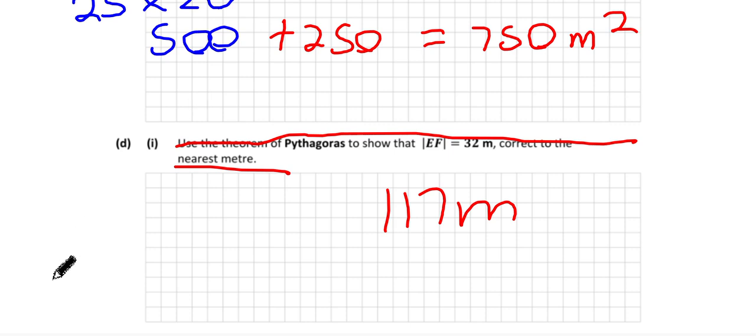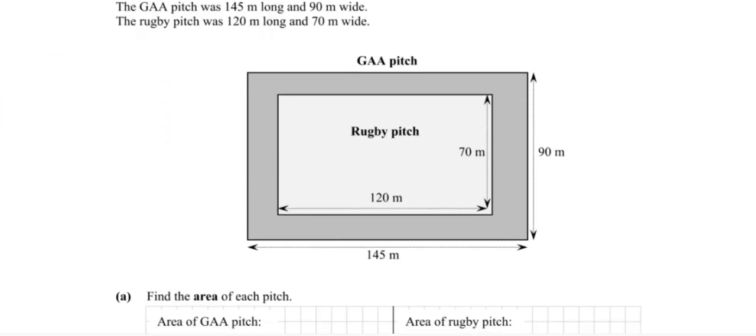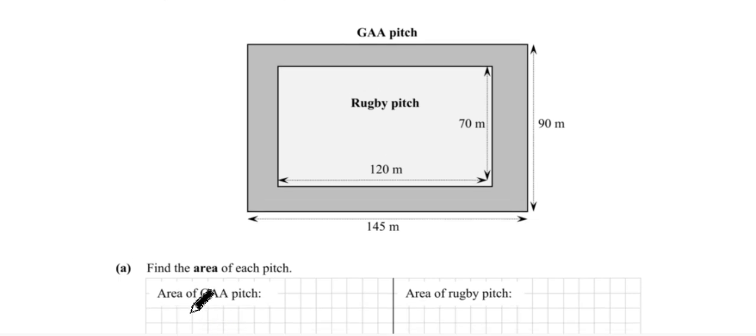Okay. Now, let's move on to the next one. Okay, I think this one went reasonably well. A Gaelic pitch is bigger than a rugby pitch. So if you ever see a rugby game being played in Croke Park, what you'll notice is a lot of extra pitch space, because quite simply put, the Gaelic pitch is a lot bigger. So here's what we do. First things first, area of the GAA pitch. Well, we're going to do 90 by